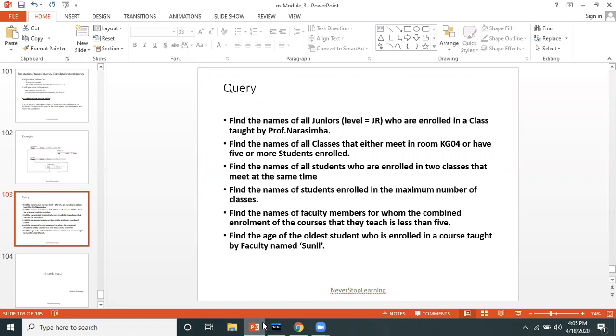So first thing is find the name of all juniors. Now junior I have given in level. Find junior or senior. So find the name of all juniors who are enrolled in a class taught by Professor Narasimha. Fine. So here is the condition where the professor name is given, and the condition where level should be junior.